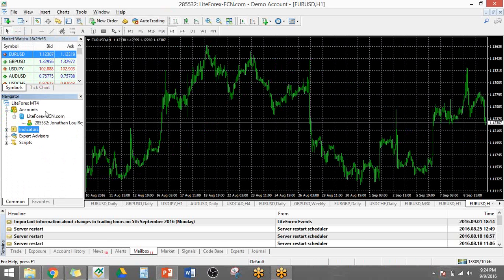Okay, so for example, I have here a demo account, an ECN demo account from Light Forex, and my account is already saved there. So if you want to switch accounts, you can always log into your accounts and then save your information, and then you can switch back and forth through your live accounts, demo accounts. So you may have several live accounts, you may have several demo accounts. It's okay.